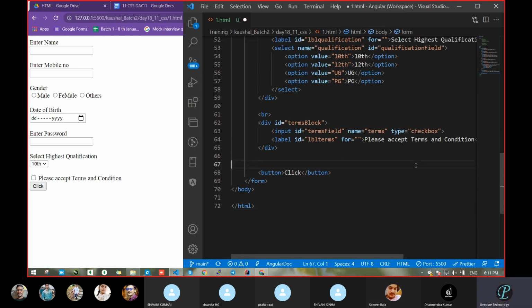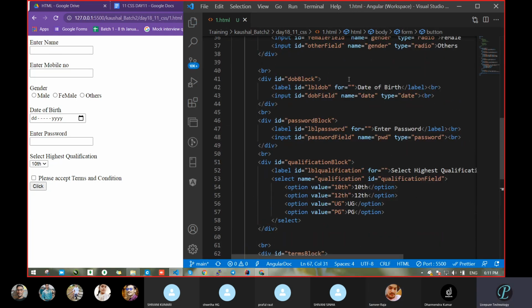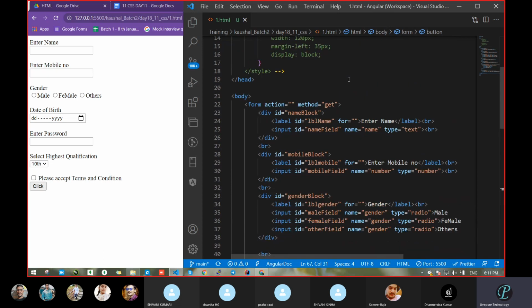Remove this input type also. What we have done, we had to pass a name property in all cases, and a value property. I do not want the enter your name field to be empty. I want something like ABC to be available. What can I do? Can anyone say? Placeholder, fine. Let it be placeholder, enter name. Correct? So I got enter name.